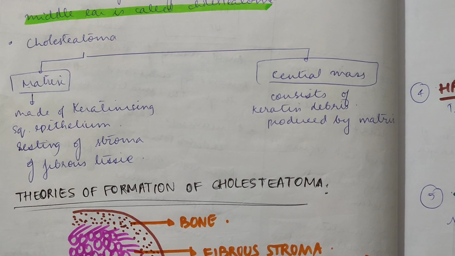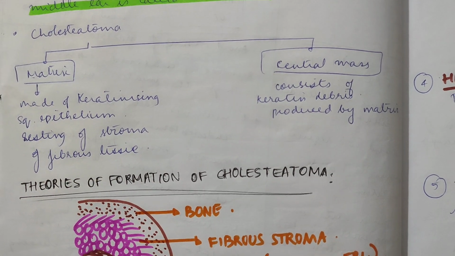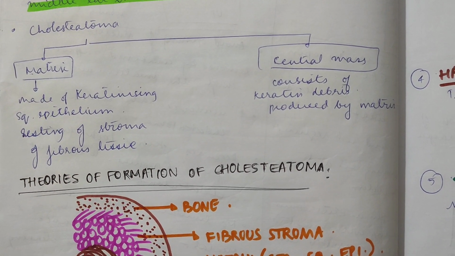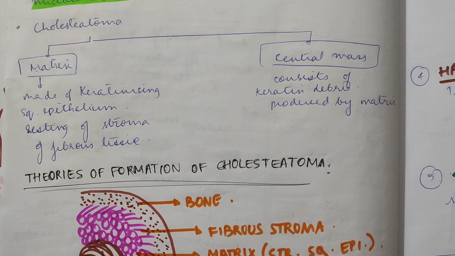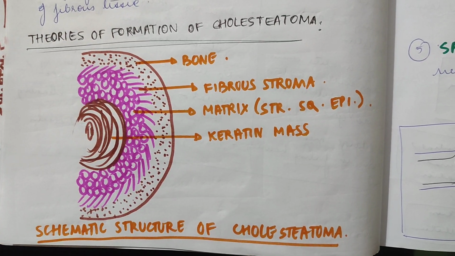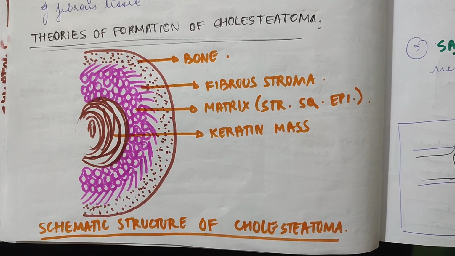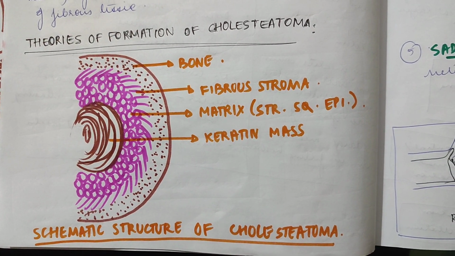Cholesteatoma consists of two parts. One is the matrix and the central mass. The matrix consists of keratinized squamous epithelium, which is resting on the stroma or the fibrous tissue, and the central mass, which consists of keratin debris, which is produced by the matrix. This is a schematic structure of cholesteatoma. The central part is the keratin mass surrounded by the matrix, which consists of stratified squamous epithelium lying on the